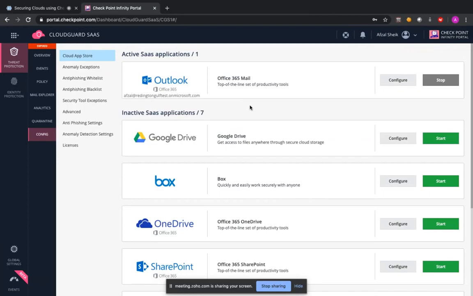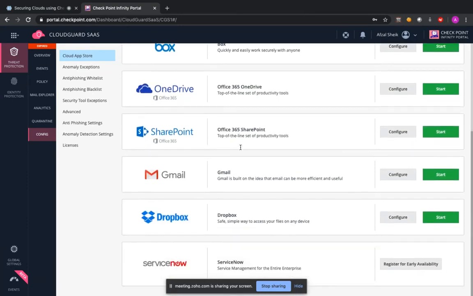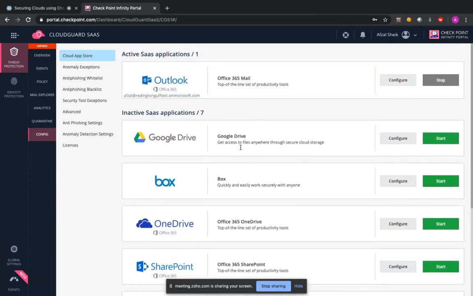The examples of those SaaS applications are Google Drive, Box, OneDrive, SharePoint, Gmail, Dropbox, ServiceNow, etc. All you have to do is click on Start, and once you click on Start, it is going to ask you for the API client ID and secret. You need to provide that client API ID and secret, and once you do so, your CloudGuard will become aware of which Google Drive server, for example, it is supposed